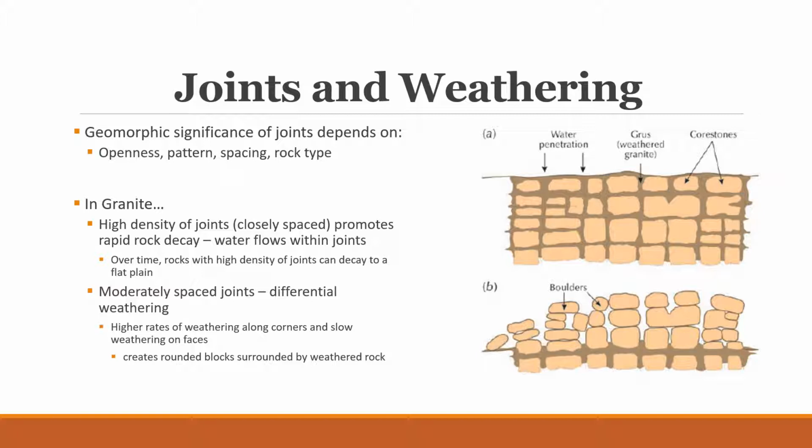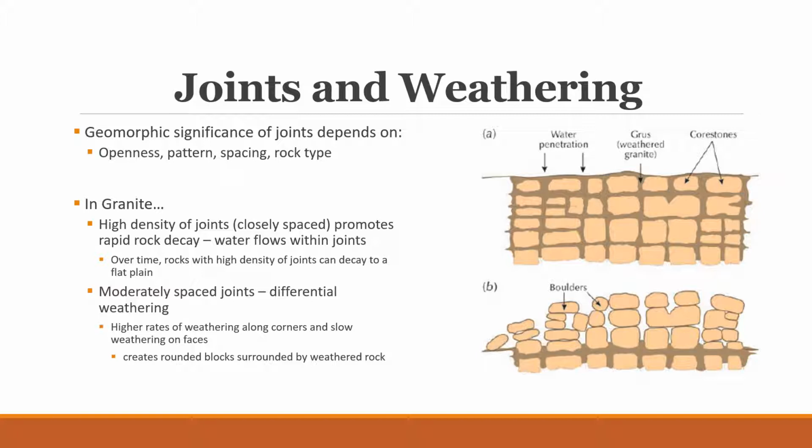In granite, a high density of joints, meaning that they're closely spaced, promotes rapid rock decay. Where we have a high density of joints, we'll have a lot of water flowing within those joints. So over time, that granite can decay from a large structure to a flat surface. Remember, granite is